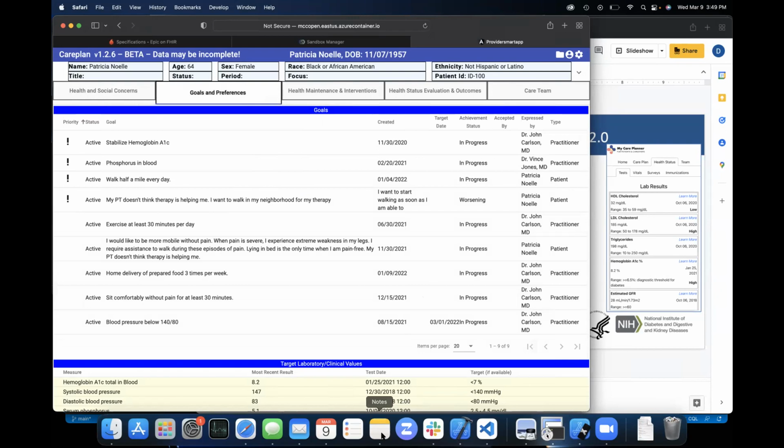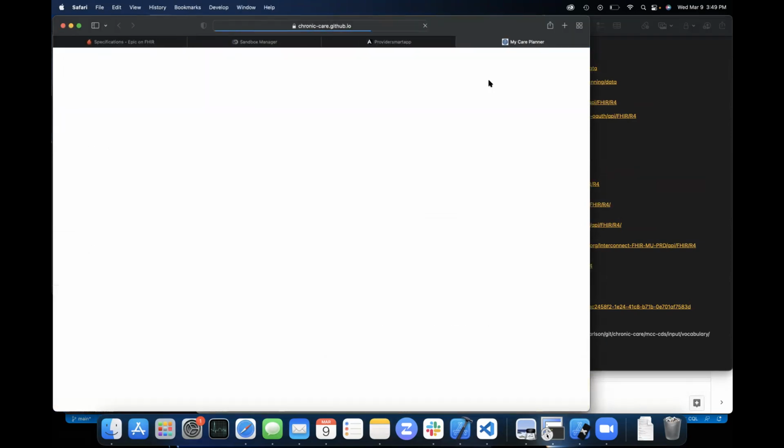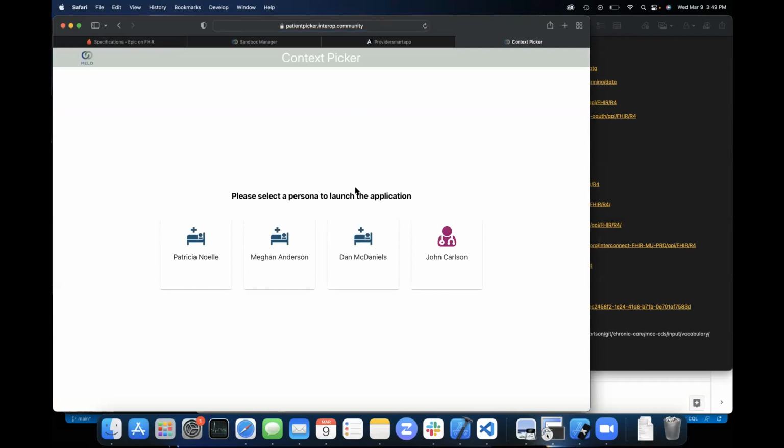I want to show you then the patient perspective, and this is a very quick whirlwind, trying to keep us within our time initially. This is actually launched as a standalone application. It's a URL with an endpoint parameter. So this is a standalone SMART on FHIR app, to be launched by a patient or a caregiver. This is pointing to the same sandbox. This is using a secure SMART on FHIR OAuth 2 connection to it.